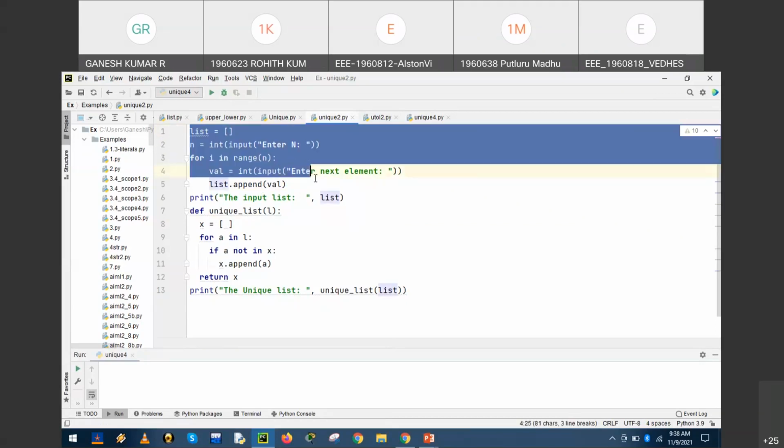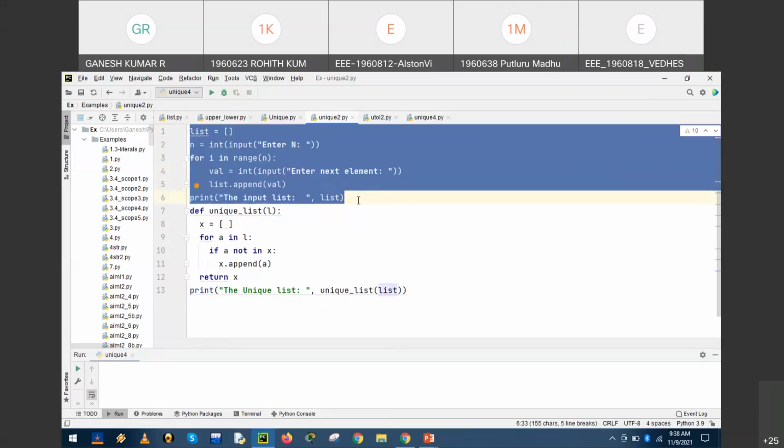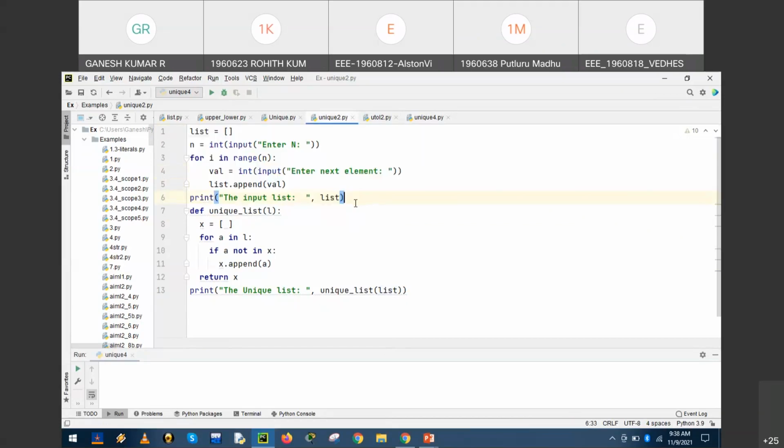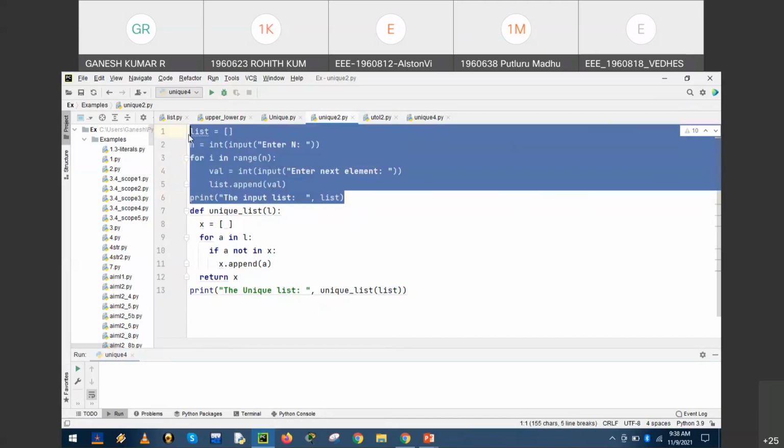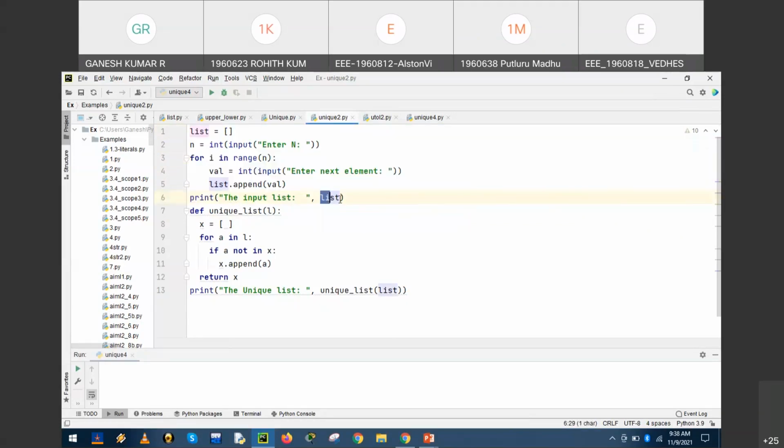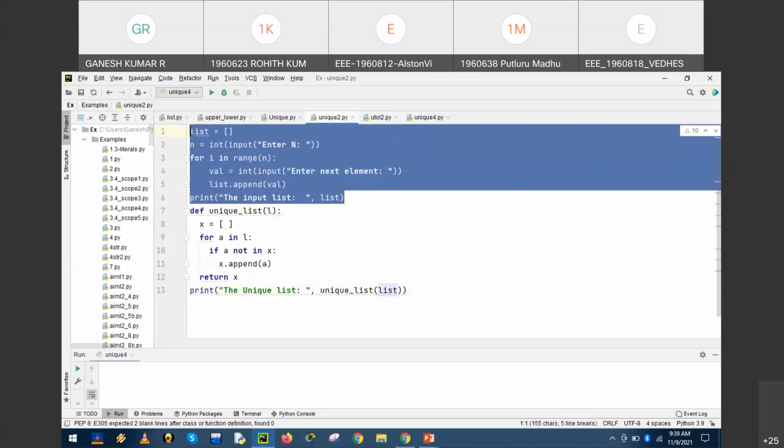So this part of the application creates a list dynamically. This list is a dynamic list supplied as an argument. The function unique list, which has a parameter L, collects the input argument list, which has been entered dynamically at the time of execution.